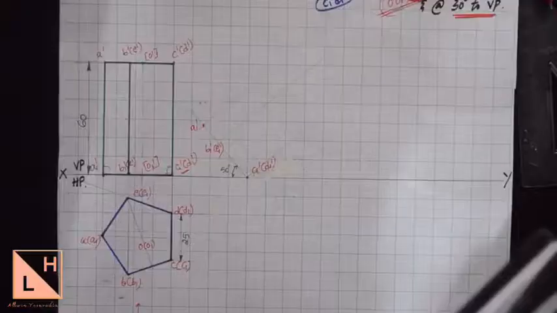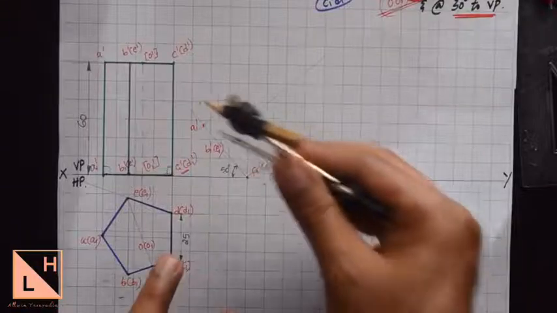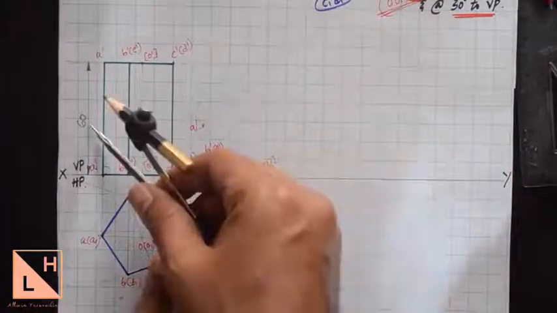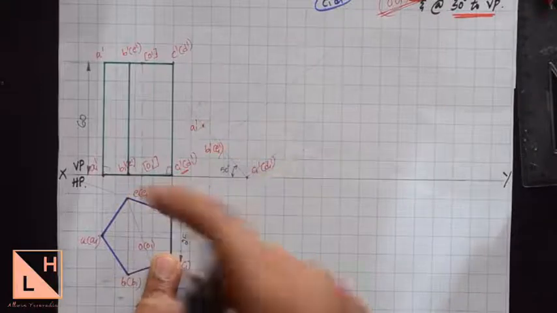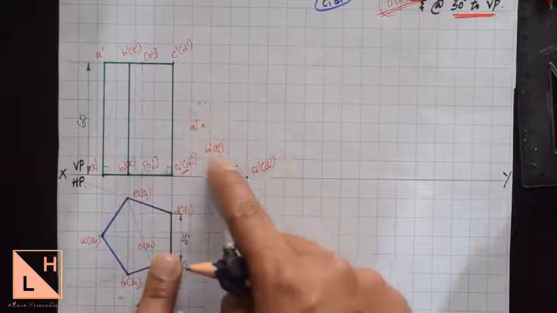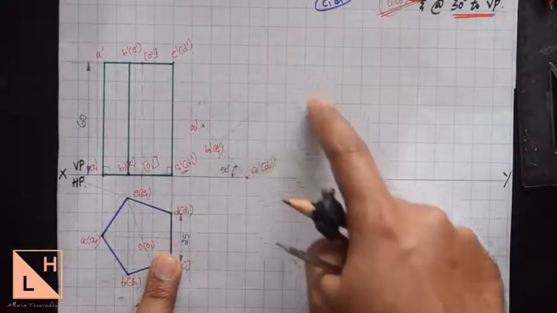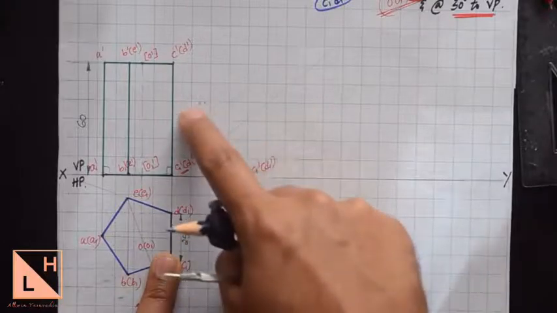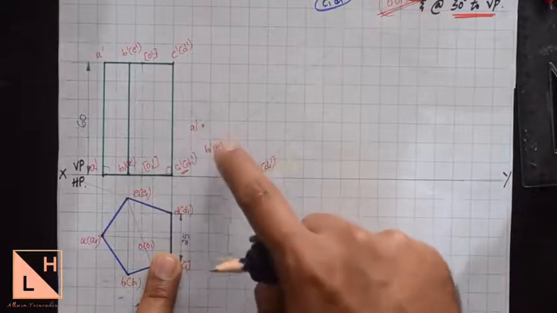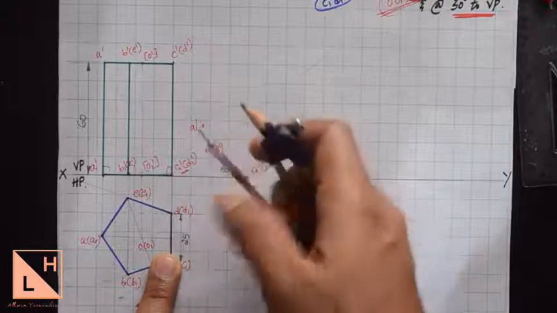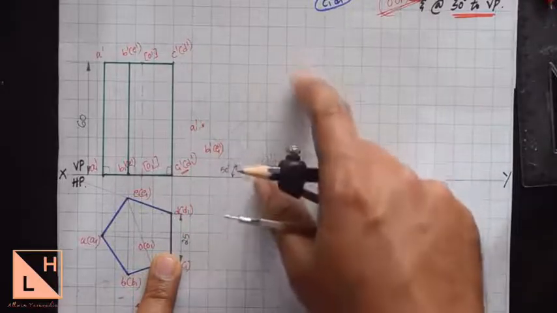Now after drawing these perpendicular lines, we know that the top face is found at a height of 60 millimeters from the base. So here we have drawn the base and we need to draw the top face at a height of 60 millimeters from this particular line. So from every point we'll measure 60 millimeters using a compass and cut one arc on the three lines.